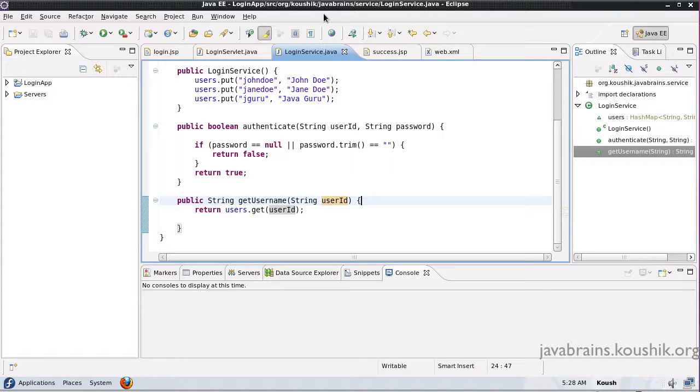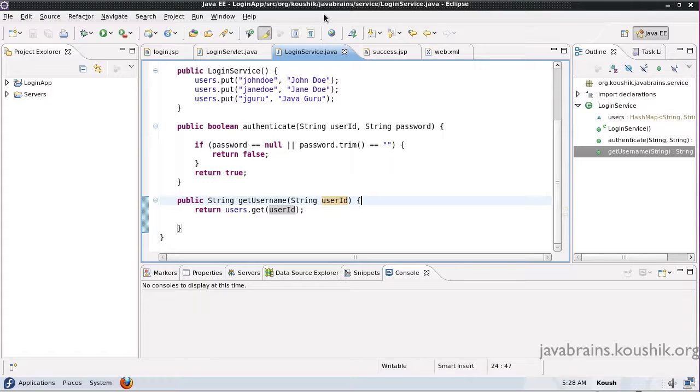Now we have a get username method. Now let's say we have a few other details of the user, like maybe the date of birth, or the address, phone number. It could be anything depending on the application. Now it's okay to have different methods for pulling out all those data. We could have a get user phone number and get user address, but the best practice is actually to have